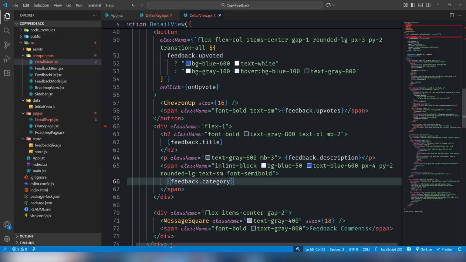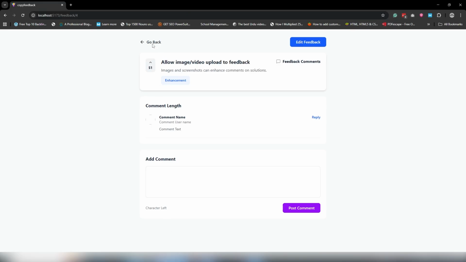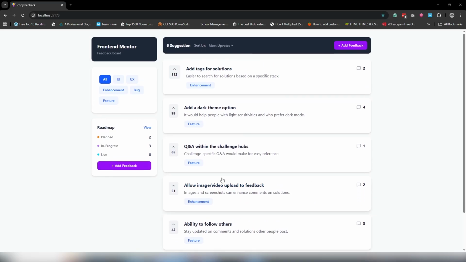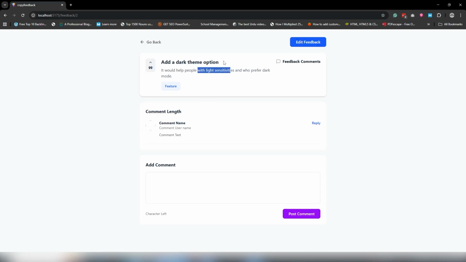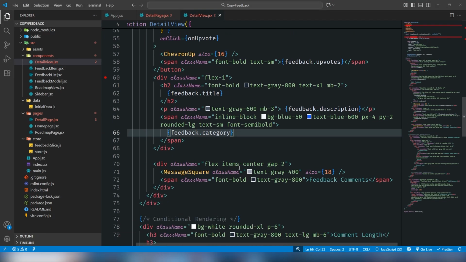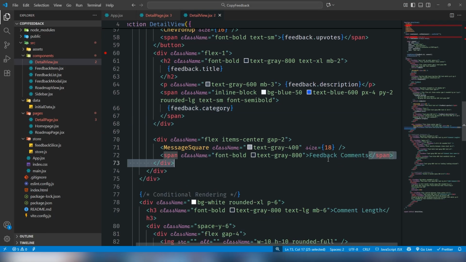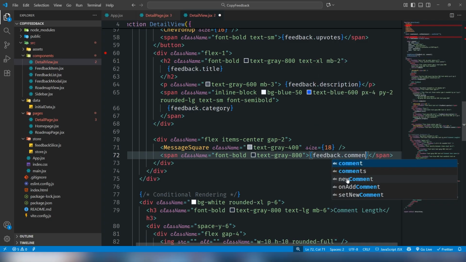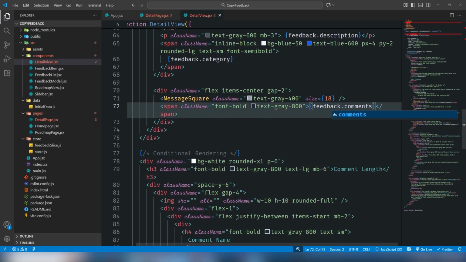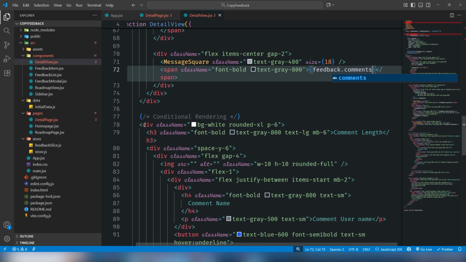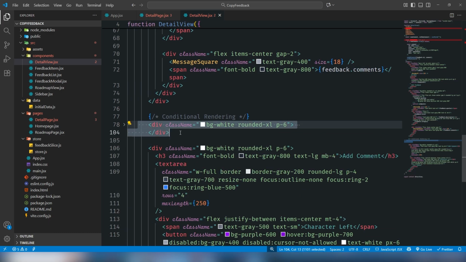Category like this. Right, when I click on it, just focus on this one, add to tag theme option. I'm going to click on it. I'm getting the particular category details like add to card and comments, and yeah, cool. And this is the feedback comments. So just use feedback.comments like this. It should display the comments, but this is conditional based, so I'm going to cut